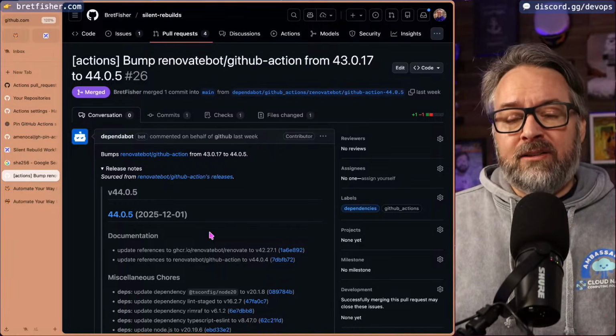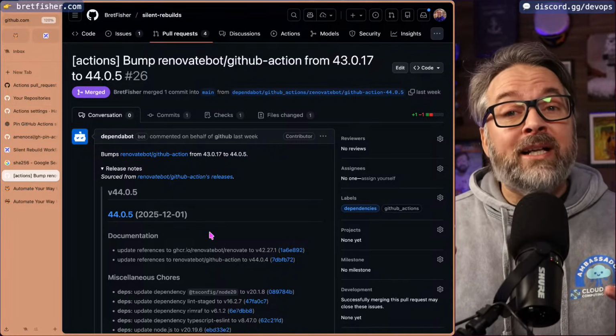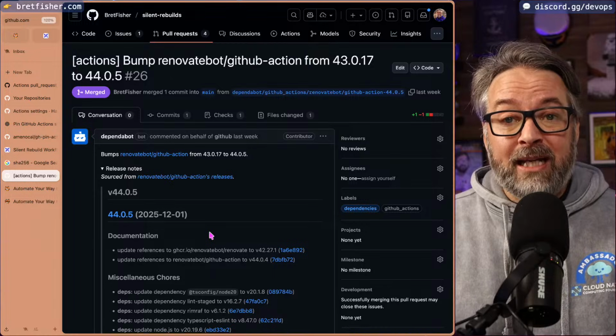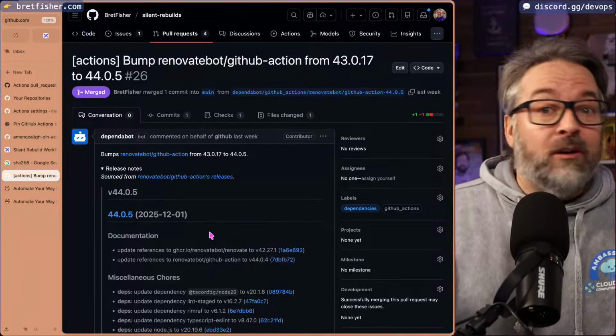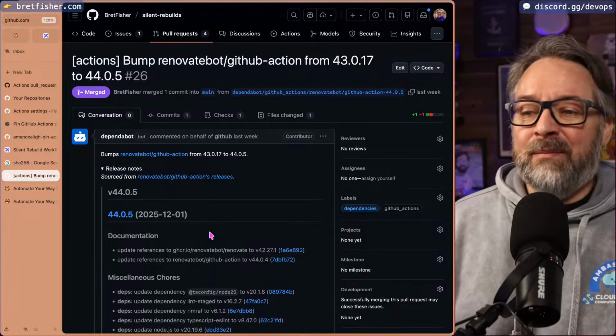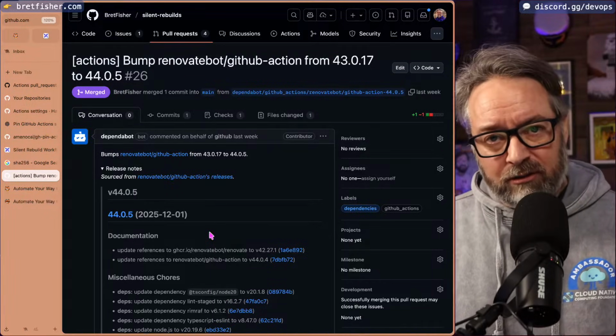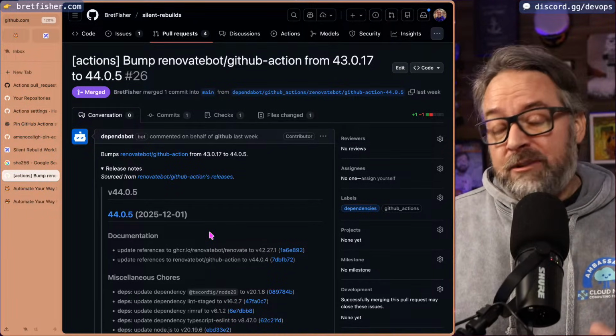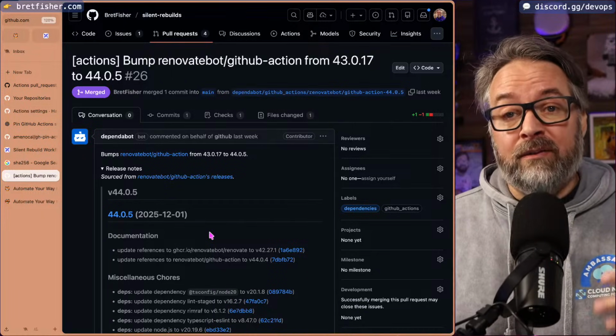It would never tell me to update my GitHub action because every time I ran my GitHub action, it would download the main branch of that repo and run whatever on it, which is not a good idea. I do not recommend you ever do that. Unless it's your code and you have your own internal strategy and you do branch-based releases, essentially, where you might